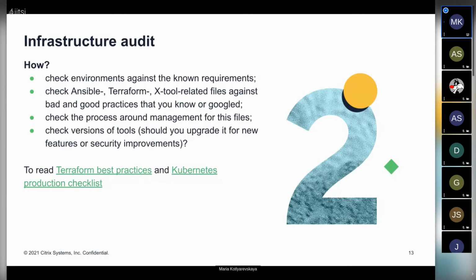Of course, it can be a problem from a security perspective, because usually there are a lot of tools that have a lot of security issues, and they are of course fixed sometime in future releases, and it's important to upgrade in time. And also maybe you will need some new features, but you can't upgrade right now. You need to understand if it's worth it or not.